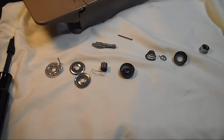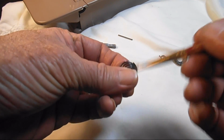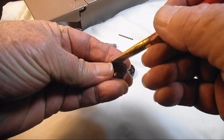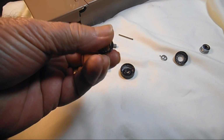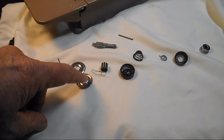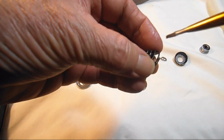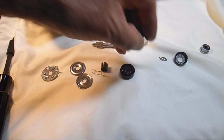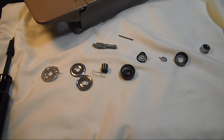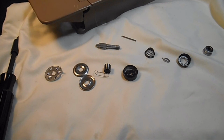The one thing that I do is on the tension spring, I put a little coat of sewing machine oil. This is really almost the only part I've ever seen rusty on one of these. I mean, on real bad machines, I've had some rust on the disc or the thread guard, you know, but this is, I don't know the difference of the types of steel, but it's not quite as polished or have any chromium on it, so I just like to put a little coat of oil on there. And then